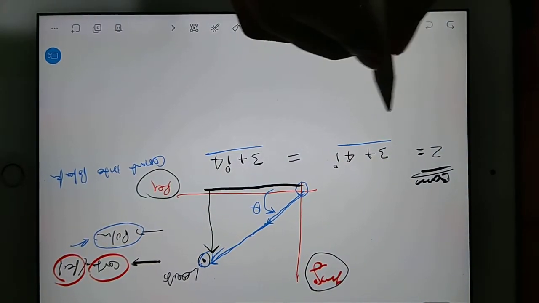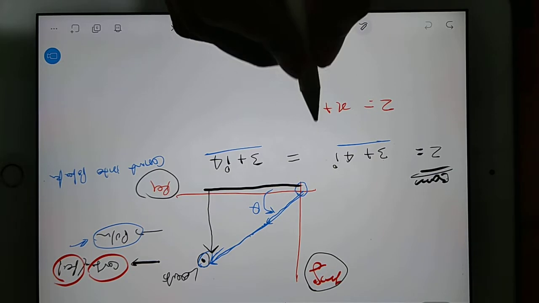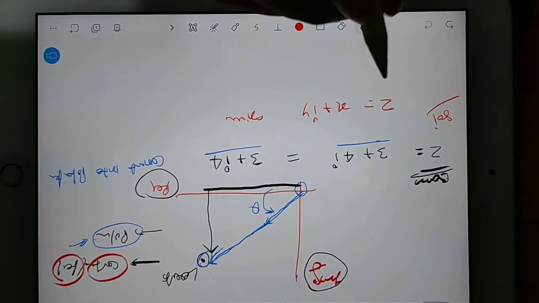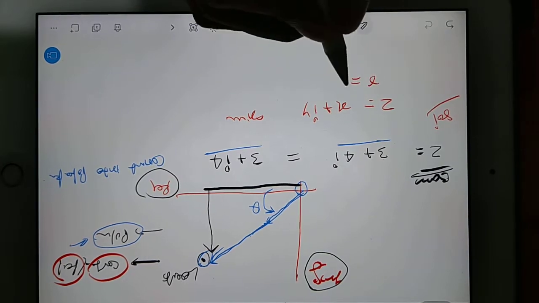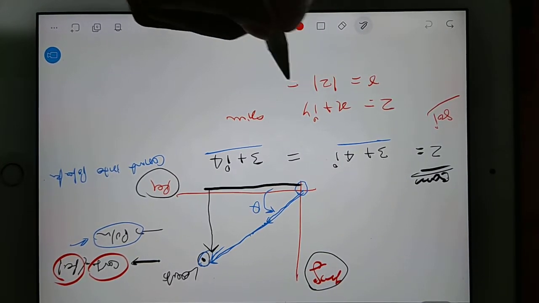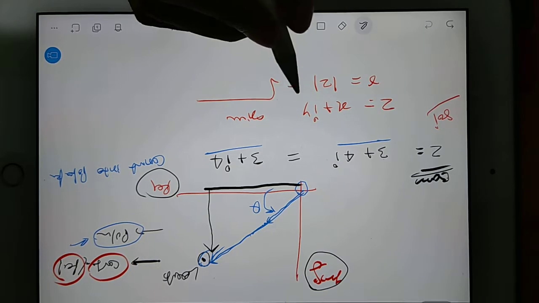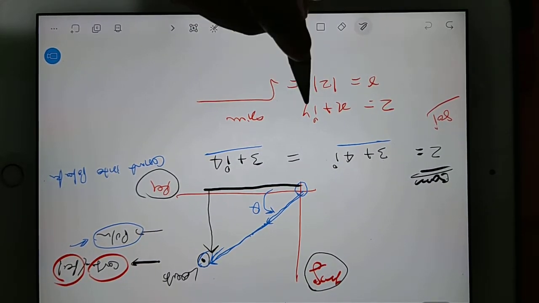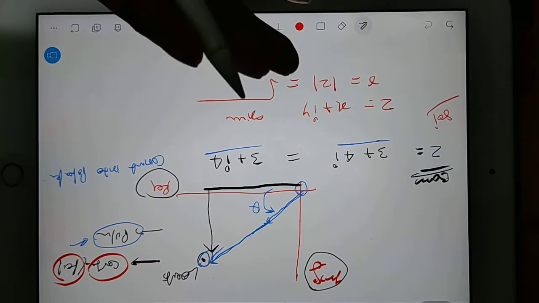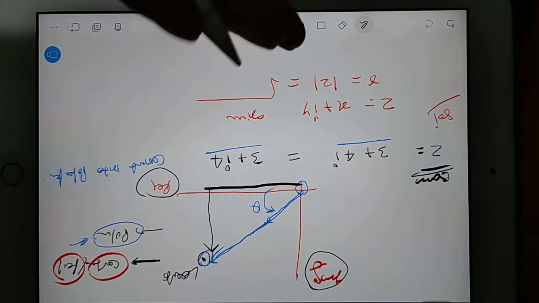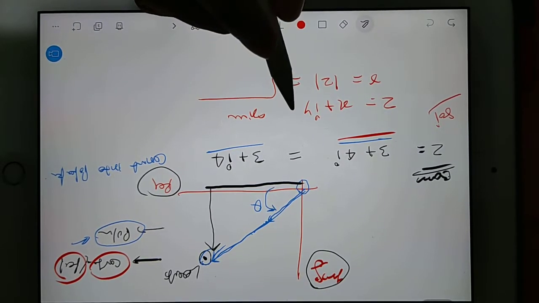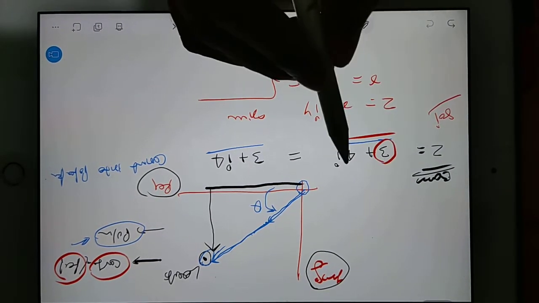Polar form means right now it is written as z equal to x plus iy. Solution: the given format is this, and we have to convert into polar form. So we need the r value. The r value is nothing but mod of z, and mod of z is nothing but you take the values and square them. So z will convert into the length. We just square the coefficients like this.